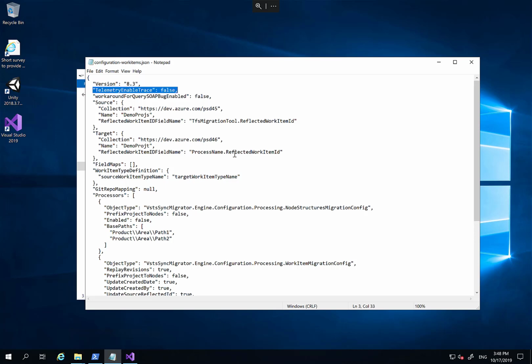Telemetry trace is by default set to false. Really don't turn this on. This can be used for some debug scenarios. It will push all of the telemetry out to Application Insights. So you don't want to do that. By default,